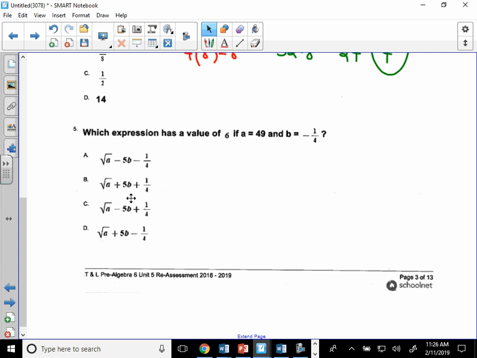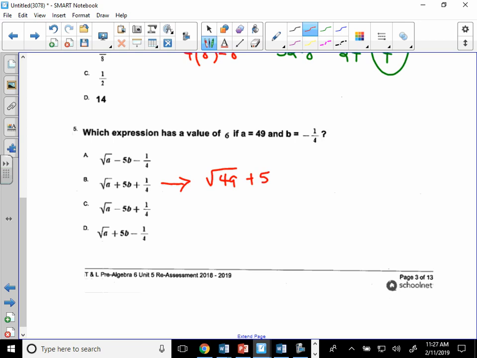The correct answer was B. So it is, let's see, the square root of A, which is the square root of 49 plus 5 times a negative 1/4 plus 1/4. And that turns into 7 minus 5/4 plus a 1/4,